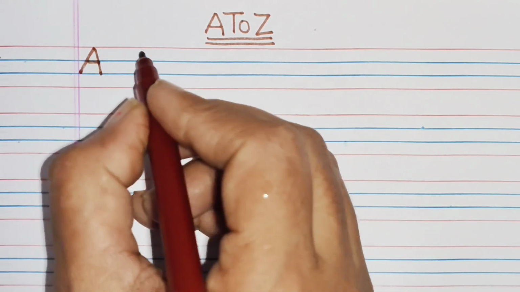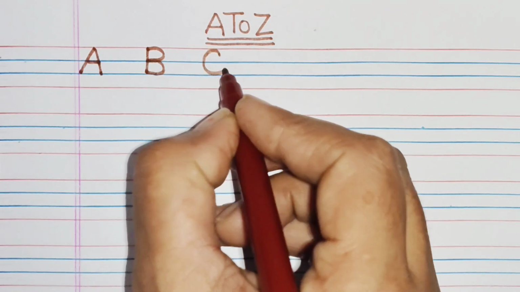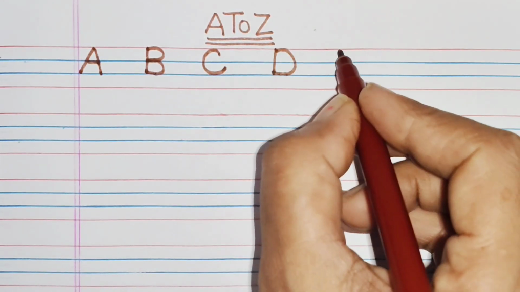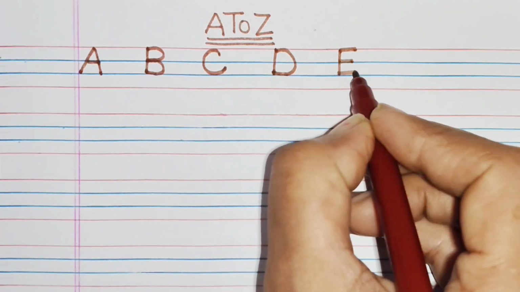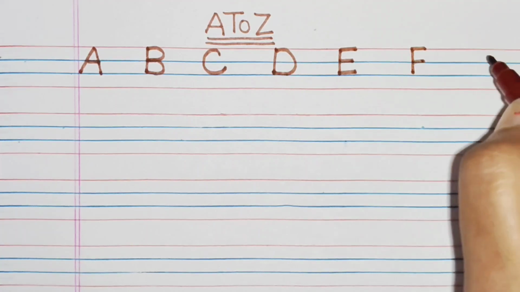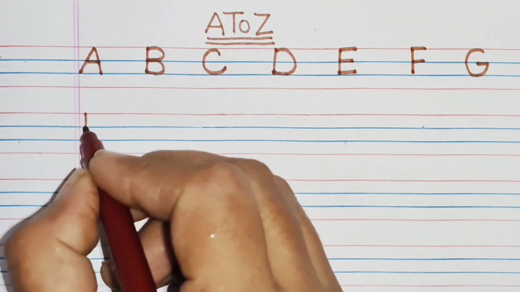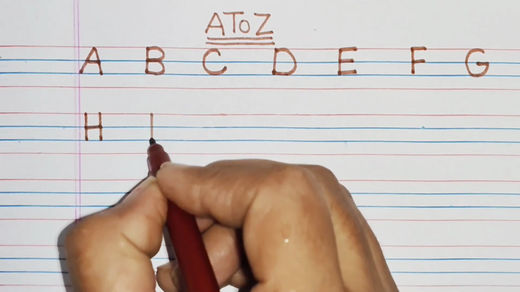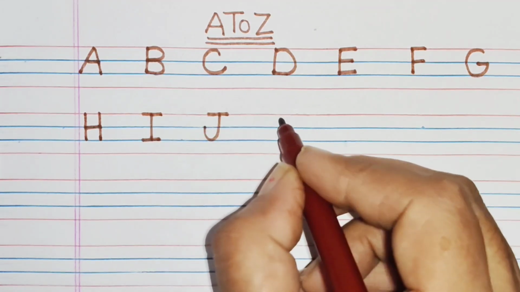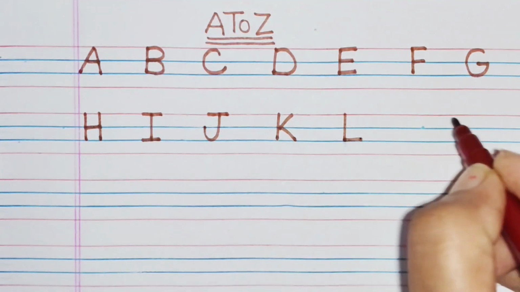ए फॉर एप्पल, बी फॉर बैट, सी फॉर कैट, डी फॉर डॉग, E for elephant, F for fish, G for grapes, H for hen, I for ice cream, J for jug, K for kite, L for lion,